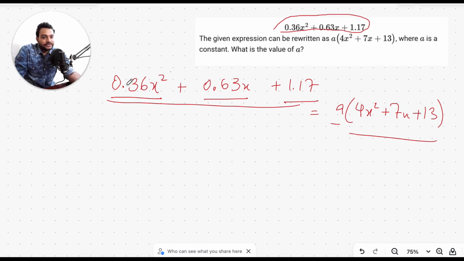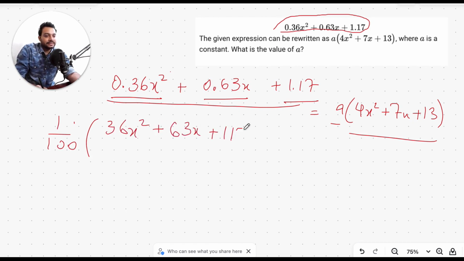So 0.36 is basically 36 over 100. Similarly, 0.63 is 63 over 100, and 1.17 is 117 over 100. So let's take the 1 by 100 common first. Take it outside first so that it does not look weird anymore. So 1 by 100 outside, 36x squared plus 63x